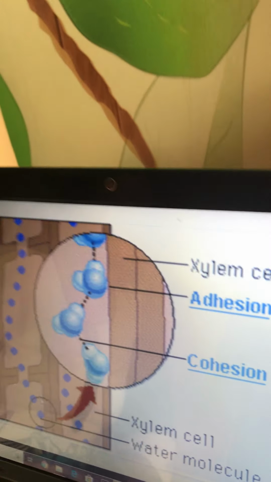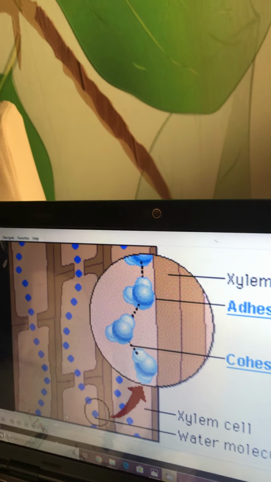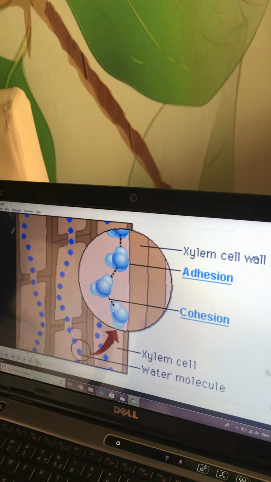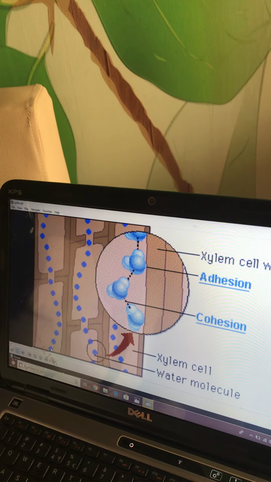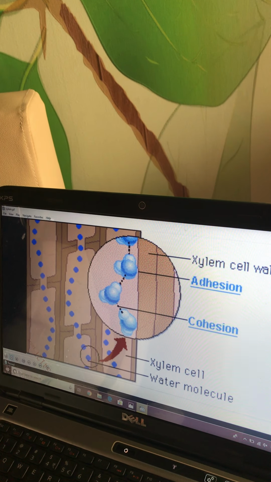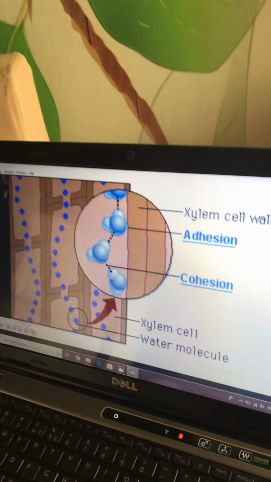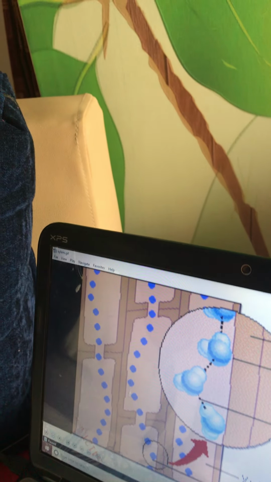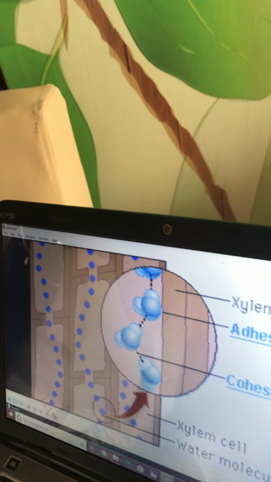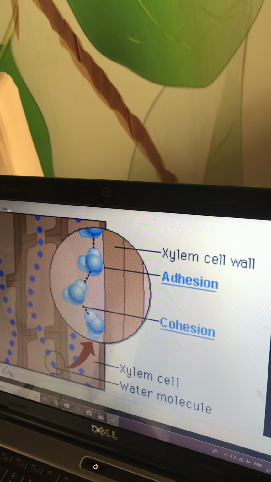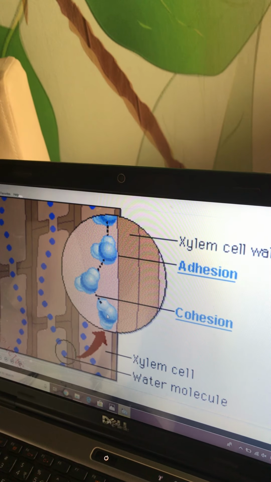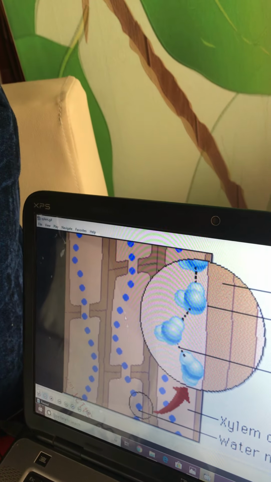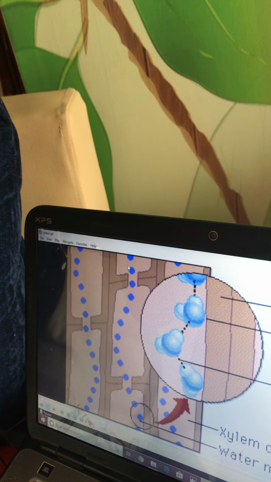Here what you have to understand is, this is representing the picture of the xylem vessels. You can see how the water molecules are moving through the xylem, and you know that when they make a continuous column of water, blue dots, that is representing the water molecule, and here they have shown 1, 2, 3 water molecules separately. I told you the water molecules make a continuous water column from roots till leaves.